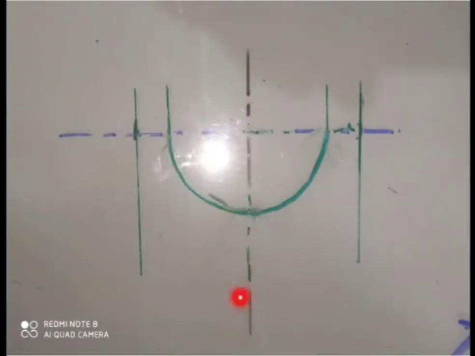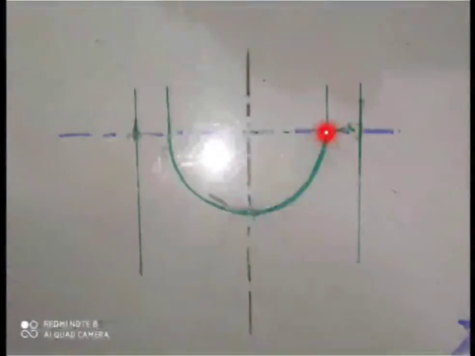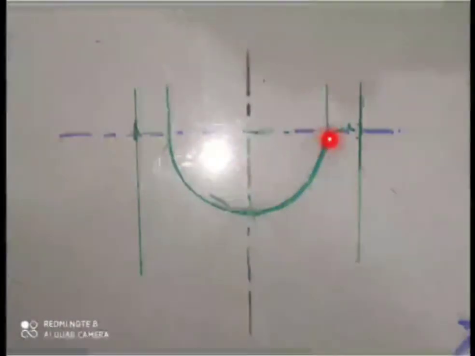I have drawn the first two center lines here. The total length I have taken from here to here is 75 mm. Now this distance which I have taken here, first I will draw this distance. This is 15 mm. This is also 15 mm. And the circle, what is the radius of the circle? First I will draw the semicircle of radius 25, then extend this 15 mm above the center line.